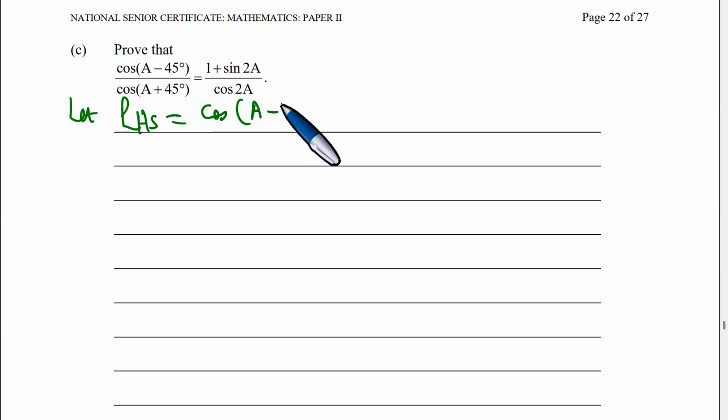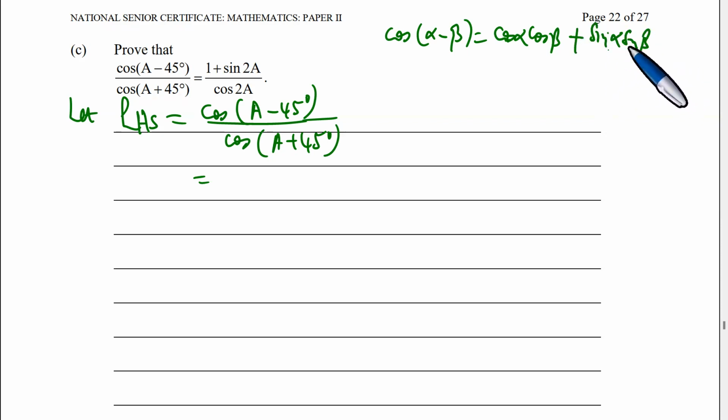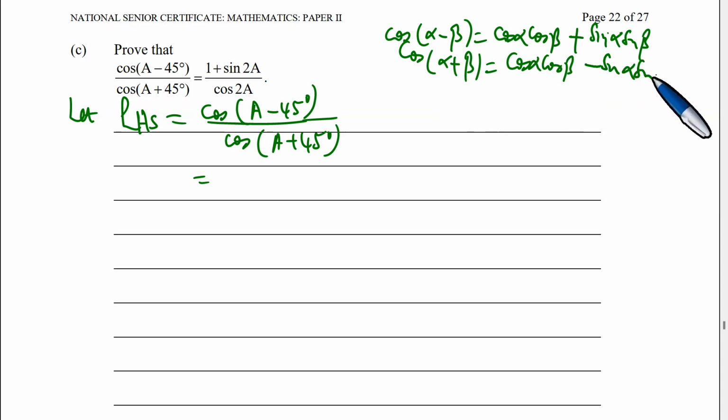So we have the cosine of A minus 45 degrees divided by the cosine of A plus 45 degrees. Right, there are two identities we use all the time. The cosine of alpha minus beta is the cosine of alpha cosine beta plus the sine of alpha sine of beta. Cosine of alpha plus beta is cosine alpha cosine beta, if it's plus, it becomes a minus sine alpha sine beta. So which means that this one is going to be actually